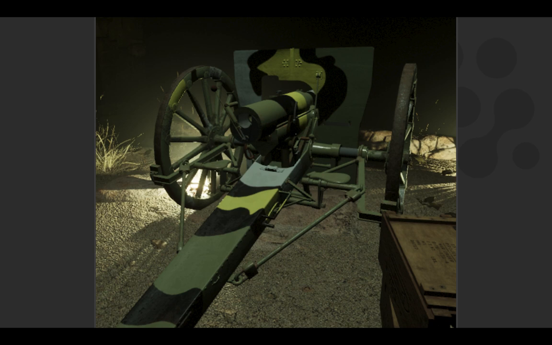So in the next level, the same ambiences I just shared exist, but now there's a cannon the player can interact with. The process for loading and firing this cannon is as follows. Grabbing a shell, opening the breech, and then putting in the shell, closing the breech, then pulling a pulley and letting go to fire. When designing sounds for these actions, some come easily, whereas others require unique behaviors.